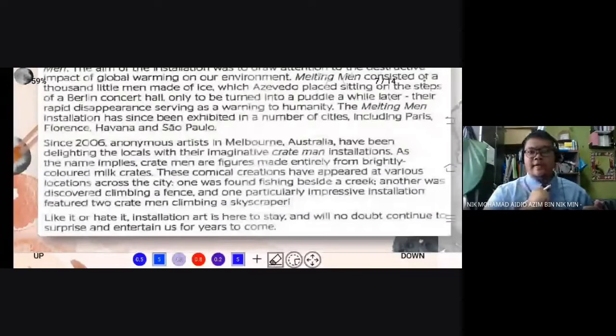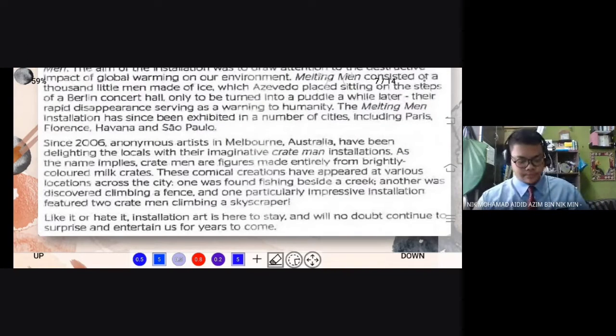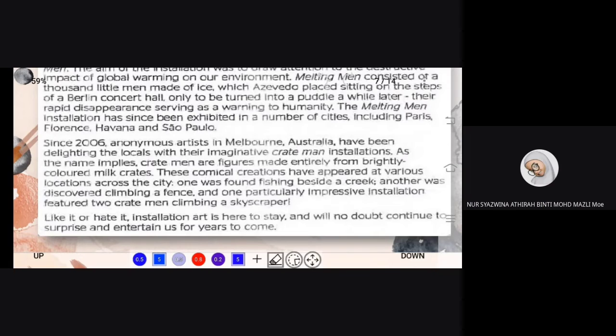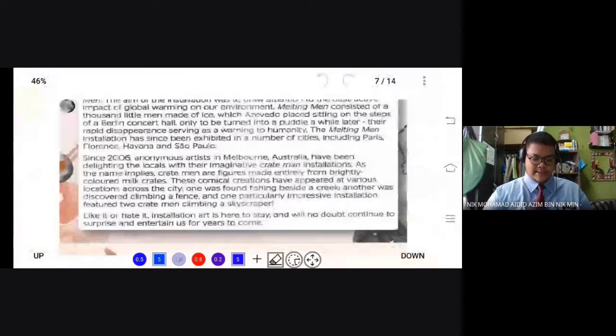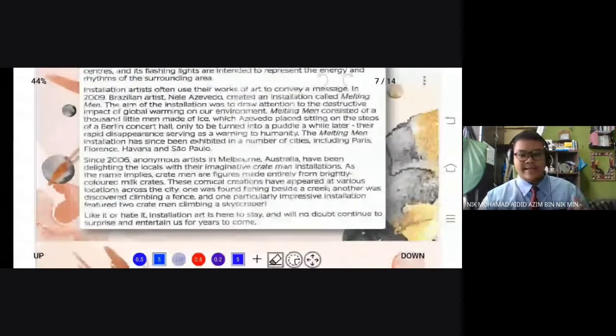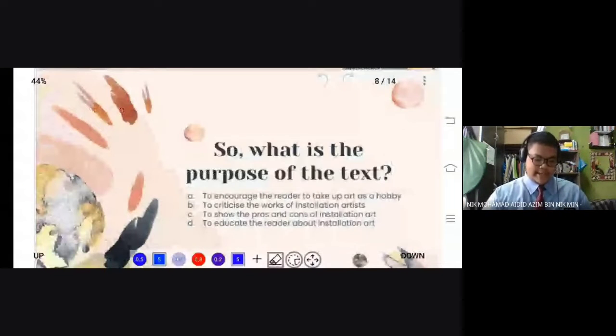It is one of the installation arts. You put something in a space to give image to the art, and it has meaning behind the art. Do you understand what the article is about? Yes. All right, good. After this, we are going to answer the questions based on the article.